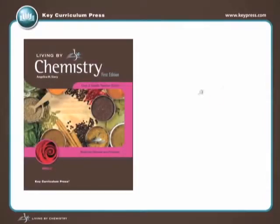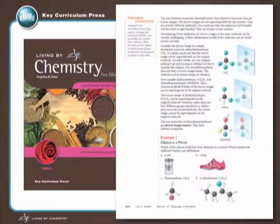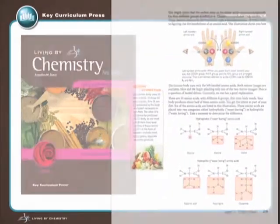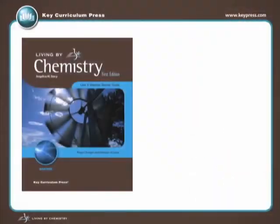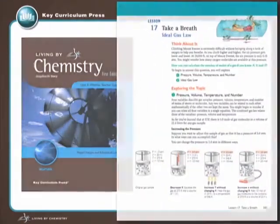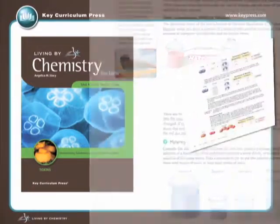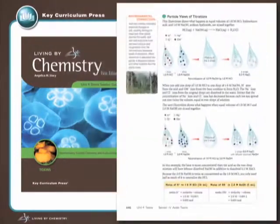In Unit 2, Smells, you'll guide students through an investigation of the chemistry of smell, covering a wide range of topics about molecular structure and properties. In Unit 3, students learn how phase changes and the behavior of gases are related to the weather. While learning about toxins in Unit 4, students more easily make sense of stoichiometry, solution chemistry, and the properties of